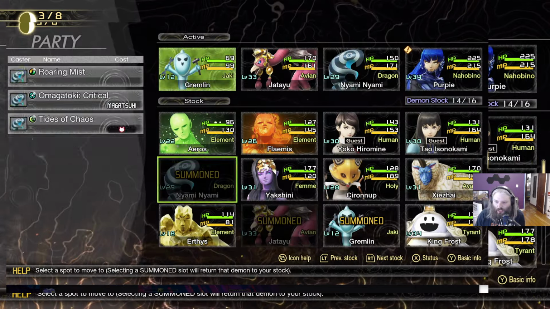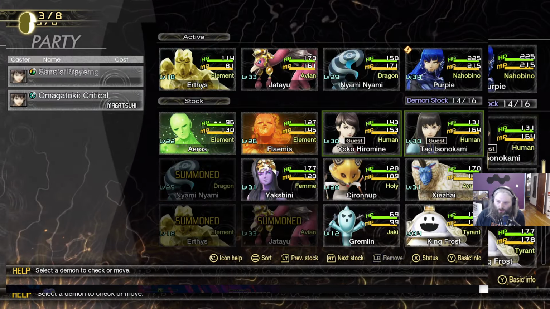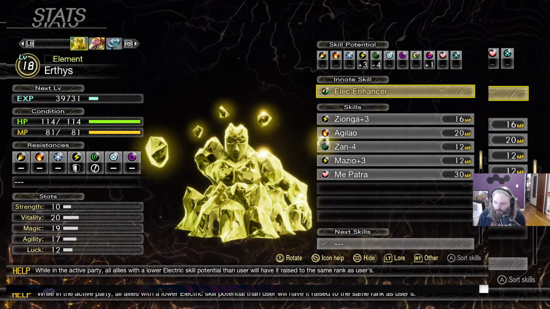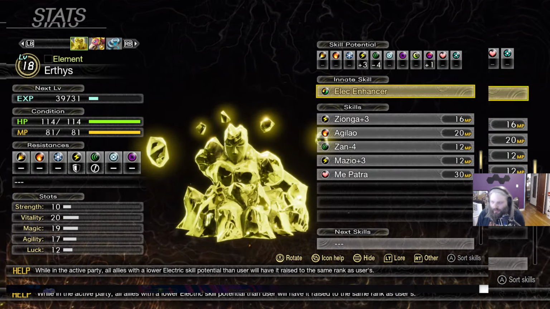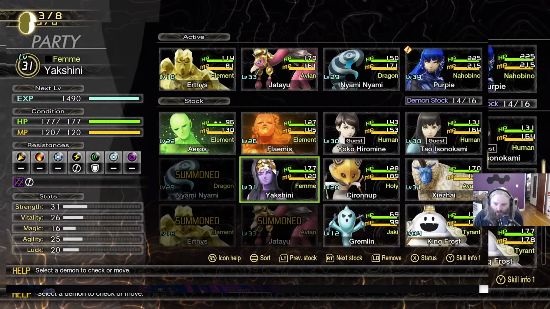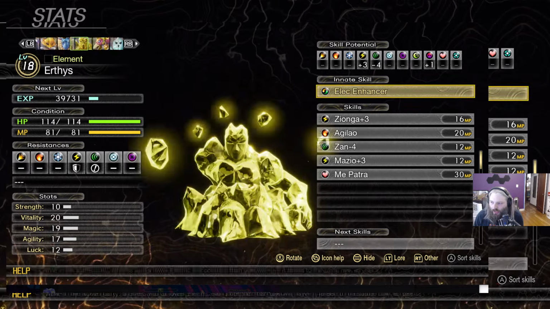After we use Feast, we instantly take him out. We switch in Earthis here. Earthis basically, mine's a low level, so you could probably get one that's way better. I'm just using him for Electric Enhancer. You could make a full new team for every single thing that you want. However, I just don't like